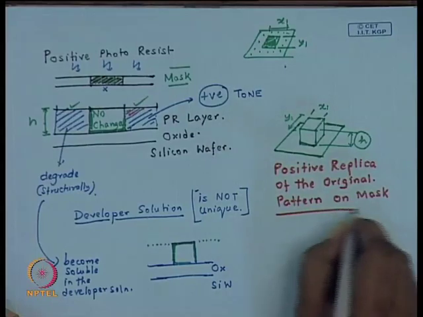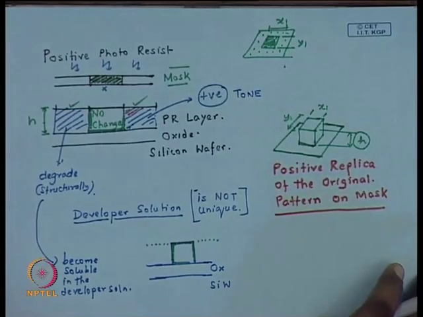Of course, you now realize that the pattern on a mask did not have a topographic feature, it was more of a chemical pattern. However, the pattern you get on the photoresist layer is a physical or topographic structure. So, similarly